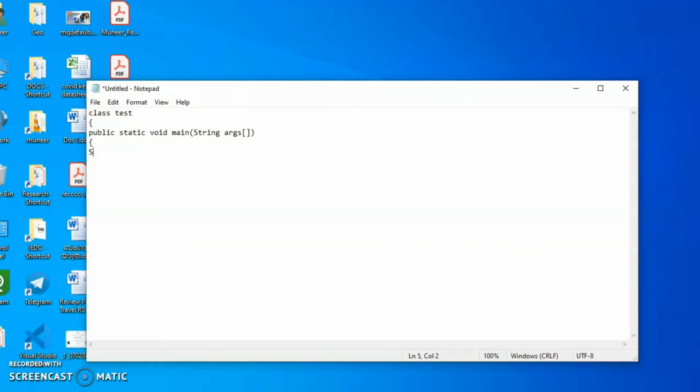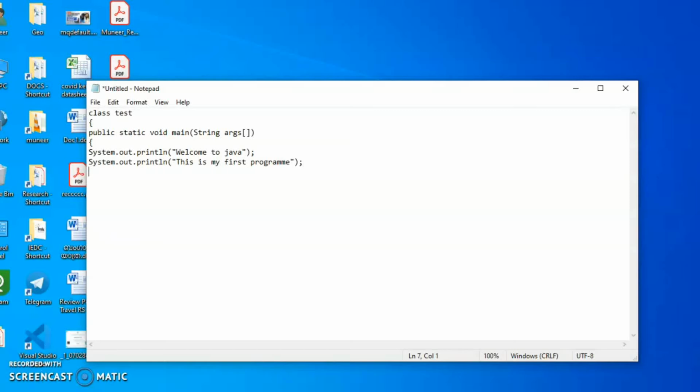The code for displaying a text is System.out.println, Welcome to Java. Another printing statement, System.out.println, This is my first program.